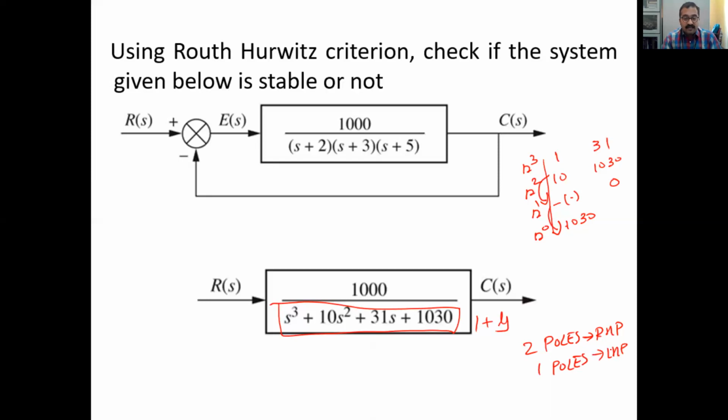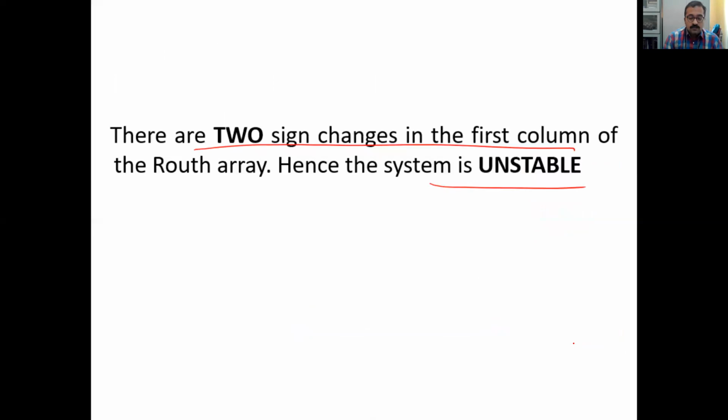We didn't factorize the characteristic equation to know the locations, right? So this criterion simply tells that 2 poles are in the right half. It will not tell where they are. Are they at plus 2 and plus 3? No, that location information cannot be had from this condition. Now there are 1 or 2 special cases that we will see in the next class. Thank you.